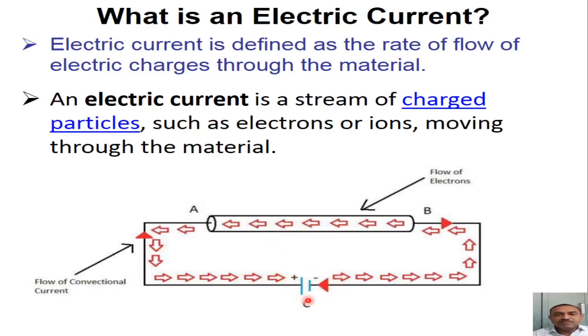The figure contains a battery marked as C. The battery will have positive and negative terminals. A conductor is connected across the battery terminals, which has the two ends A and B. Now the electrons which are present in the negative plate in a large quantity will start moving from the negative plate through the external connecting wires.